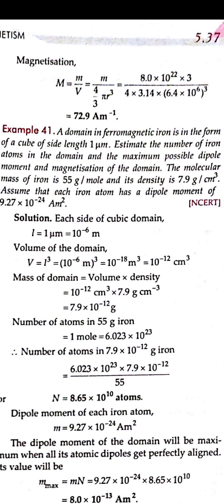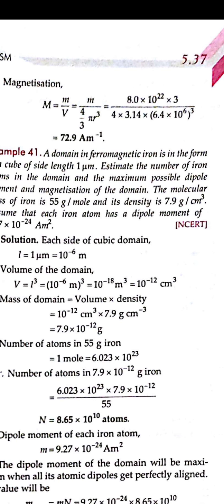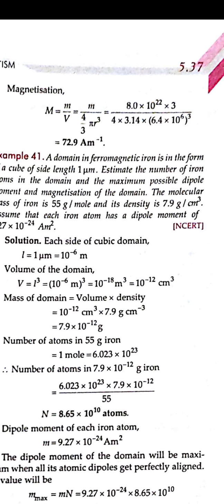And after that we have to take out the volume. Sorry, it is 10 to the power minus 18 if we take it as meter, and if we take it as centimeter then it will be 10 to the power minus 12. So in the magnetization we will be taking it as meter itself, because the value of magnetization is given by 8.0 into 10 to the power 13 ampere per meter square. So for meter square we have to take the value of volume also in meter. So it will be 10 to the power minus 18 meter. On putting this value we got 8.0 into 10 to the power 5 ampere per meter. So this is the value for the magnetization.